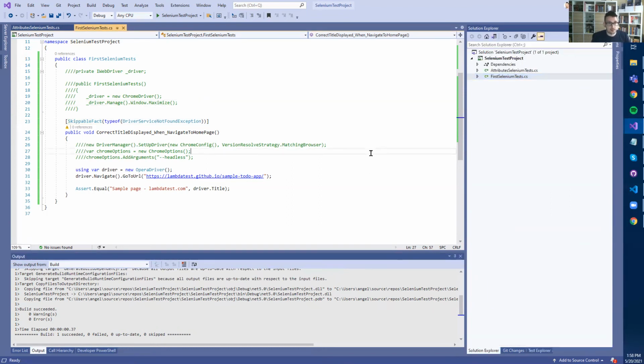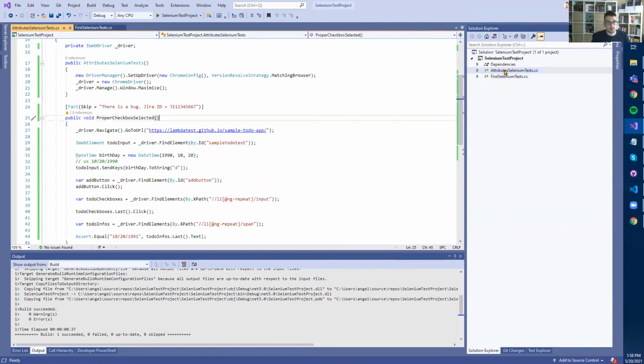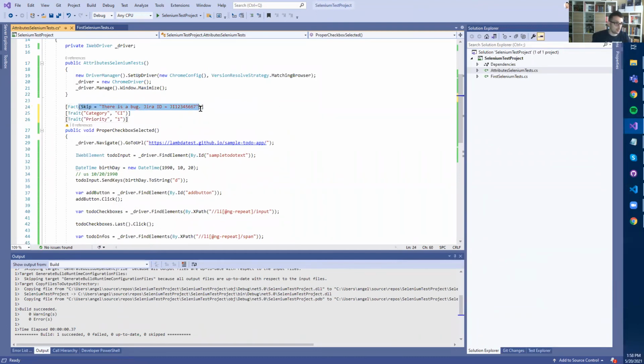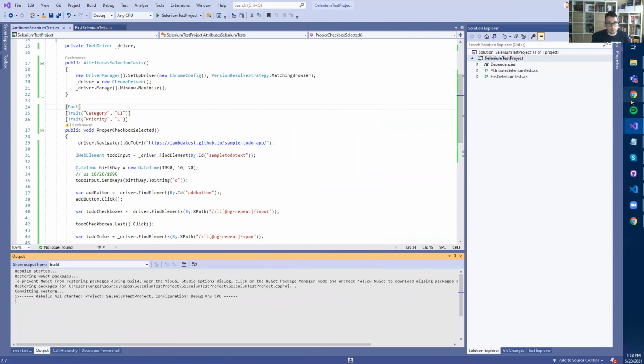Yet another thing that we can do is imagine that you want to categorize the tests when we run them through command line, as I showed you in the previous video, in the previous module, in our xUnit tutorial for beginners. We can use another attribute, which is called a trait. Here it is. I will remove the skip now. The trait is basically an attribute that allows you to add any random metadata to the test. But later, we can, if we rebuild the project,